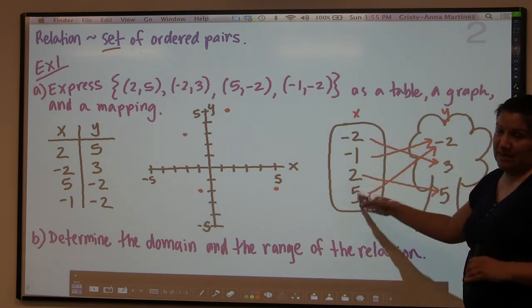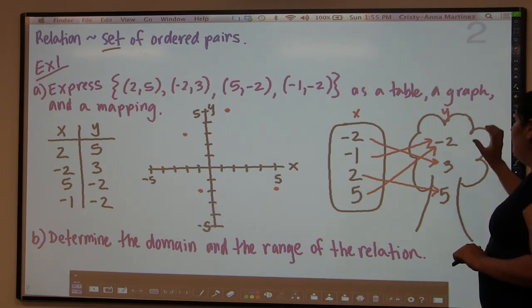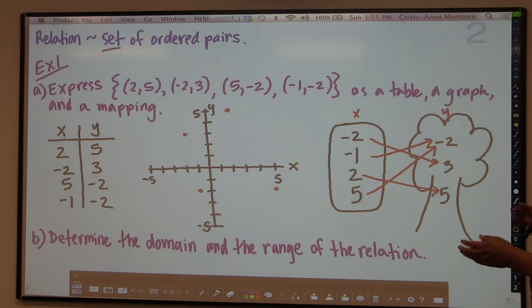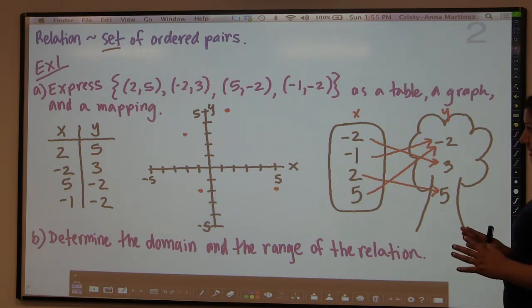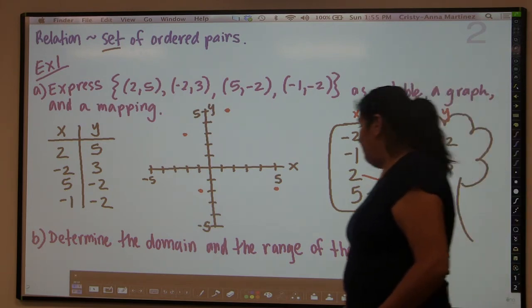The same thing would happen if it was in the x column. In our case, we didn't have any repeated values for x, but we did have repeated values for y, but we only write it once. After you've done that, you just draw the arrows to match up the x and y coordinates for each ordered pair. Okay, so the second part of this example is to determine the domain and the range